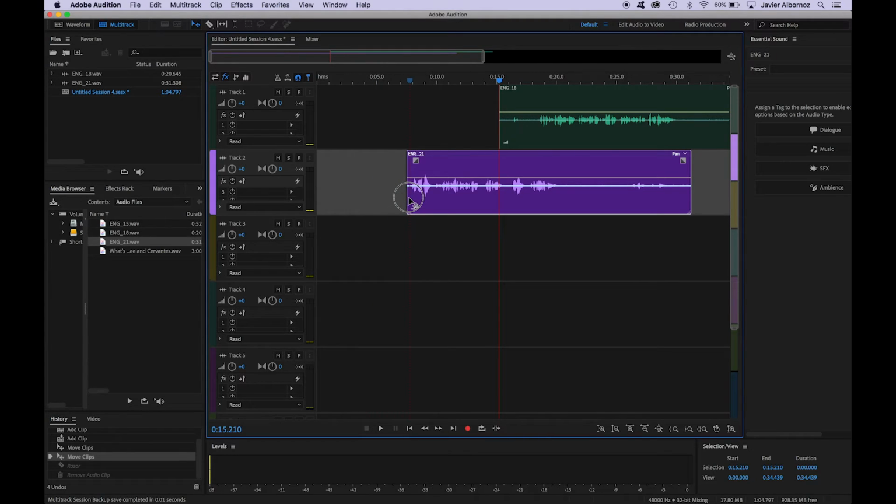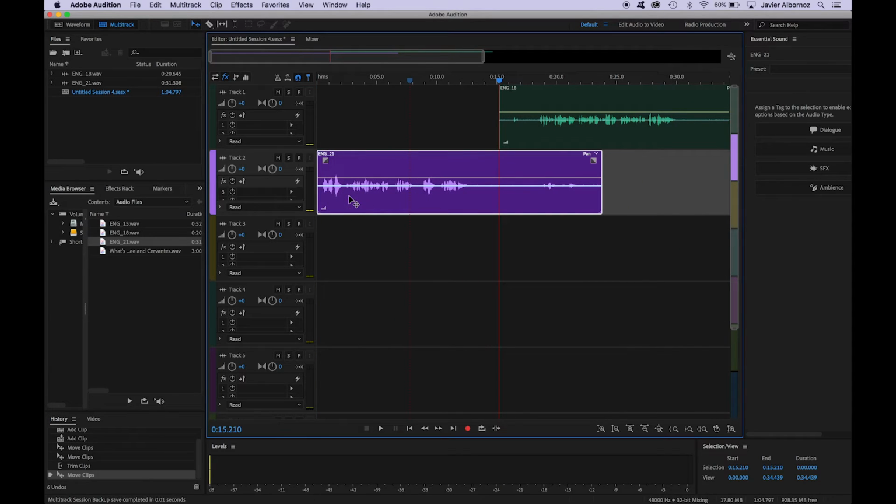So let's drag it to about right here and move it to the start of our timeline. Now we'll do the same over here with this end of the clip and bring it to somewhere around here. So the next thing I'd like to show you is these icons up here is how you can fade in